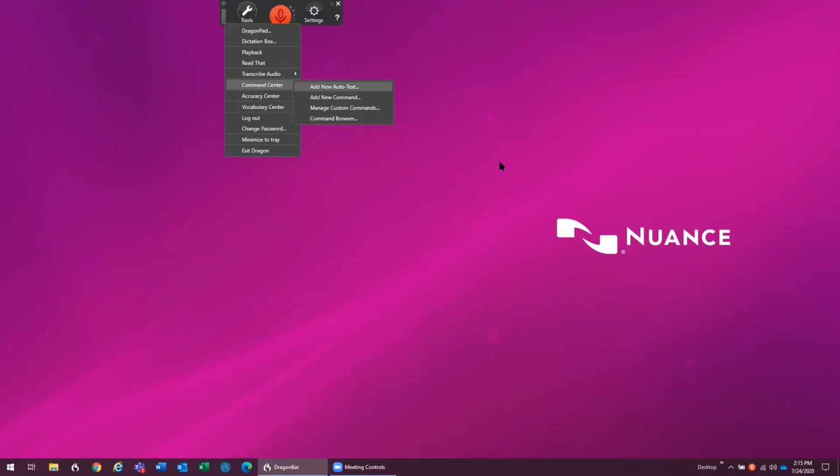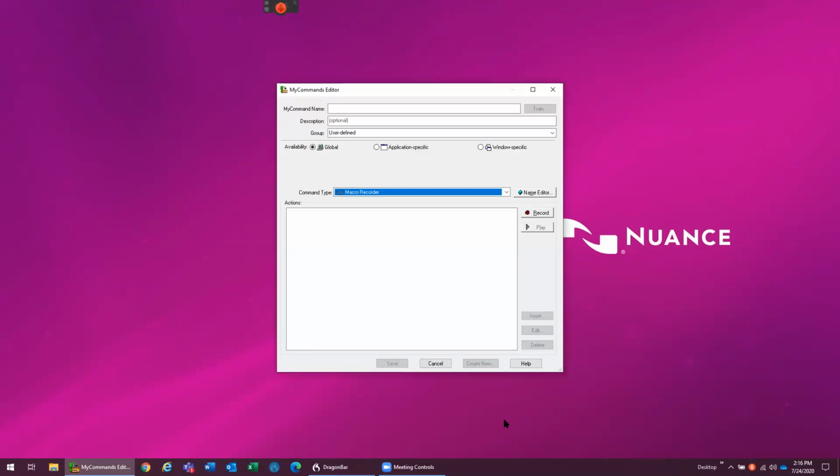One thing about this though, if you're trying to share commands between users, the macro recorder isn't always ideal because it's literally going to take the XY coordinates of your mouse, and those different button clicks, whether it's left click, right click, double click, et cetera. It's just going to record the actions you take to repeat those same actions every time you say the command. When trying to share this with other people, my screen positions and layout may be a little bit different than yours, so my macro recorder may not work on your computer. But for that, a more consistent way is a step-by-step command,